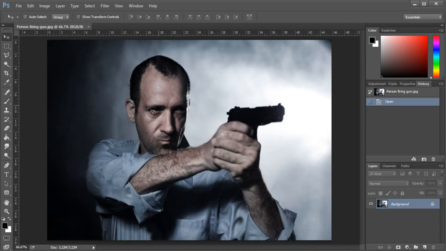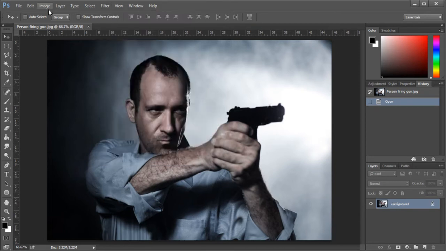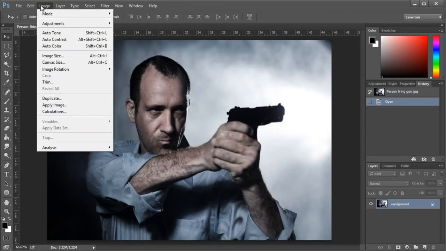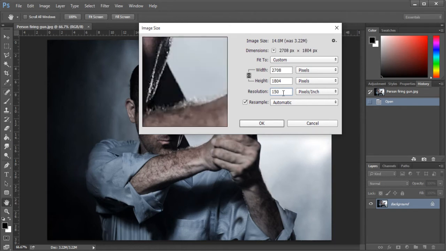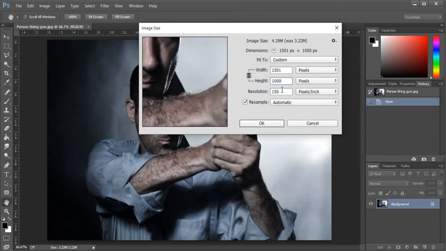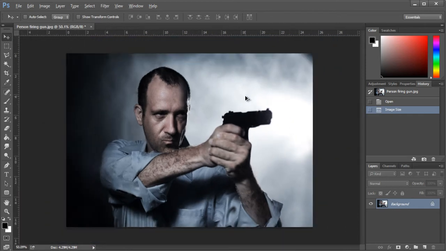The first thing that we need to do to make sure that the results that you get are similar to mine later on when we use the pixelate function, we need to make sure that our canvases are all the same size. So to make sure that they are, I'm going to go to image size, and in the resolution I'm going to type in 150 pixels per inch or 150 dpi, but the height I'm going to reduce down to 1000 pixels. I'm just going to zoom out of my image by holding down Alt and scrolling backwards,